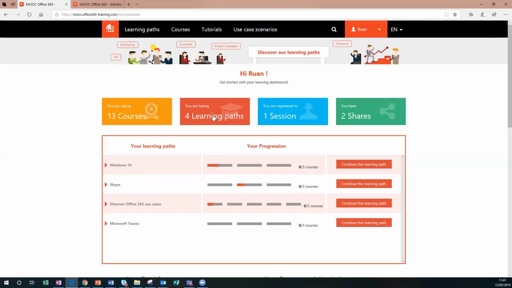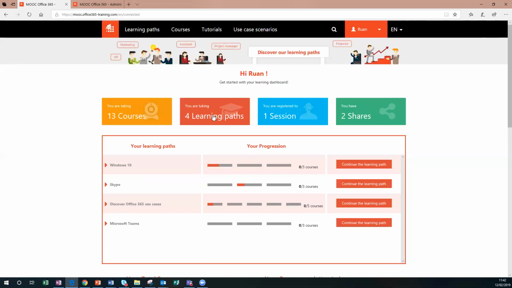So the platform dashboard actually shows you areas that you might want to continue your learning in, which is really kind of neat because you may have thought, look, I only needed Windows 10 learning, but inadvertently you started to discover Teams learning or Skype learning. So the platform encourages you to keep learning, which is all part of the kind of holistic journey the reseller